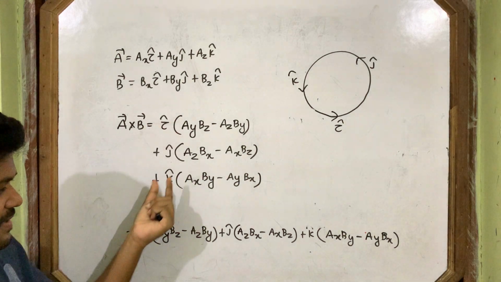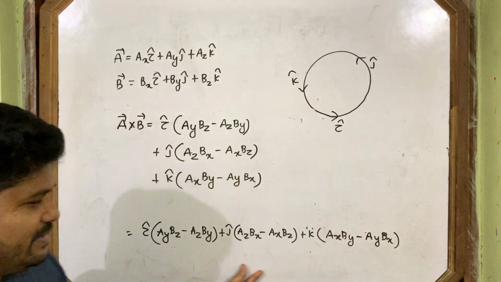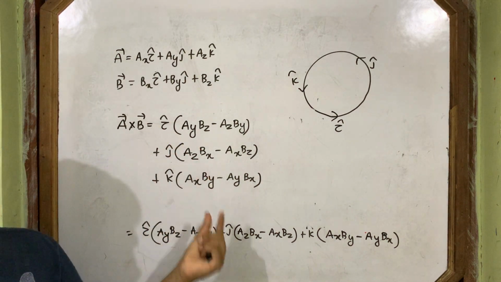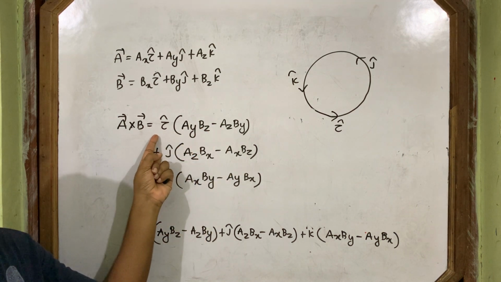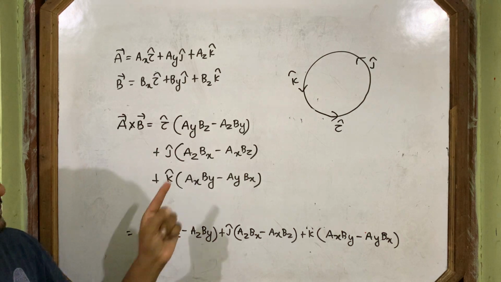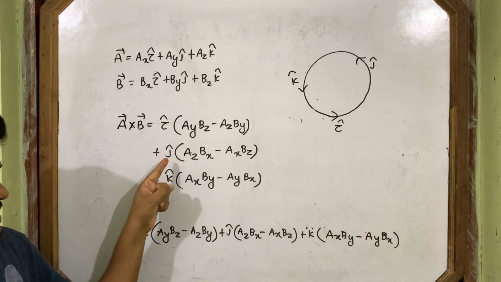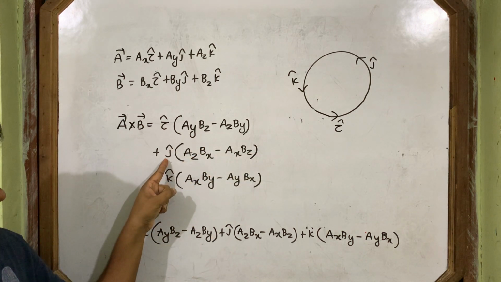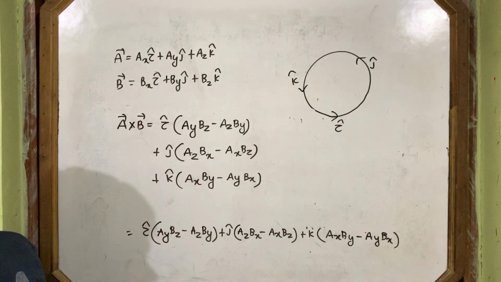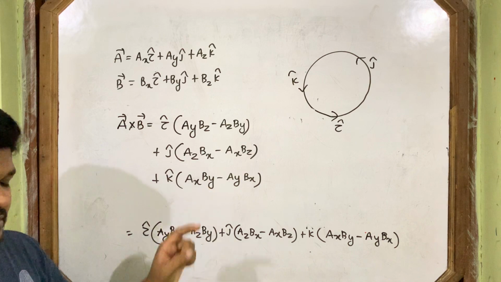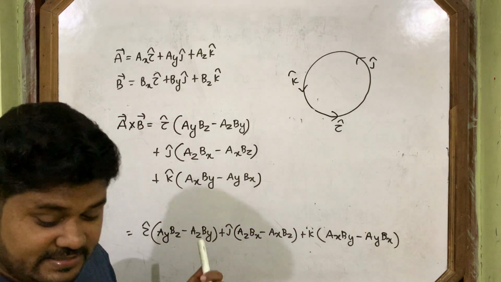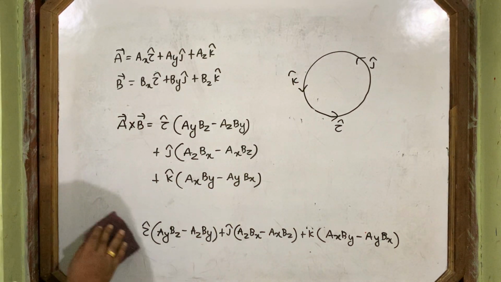If we compare this formula with this long formula, everything is just the same. You can remember it like this. First X axis means I cap, after that Y, Z. Then change order. Then Y axis, J cap, then Z X. Then Z axis, and after Z X come X, Y. This is the trick to remember the formula.